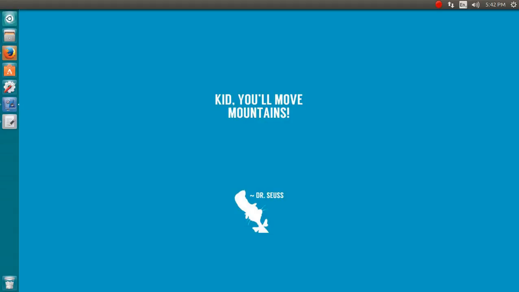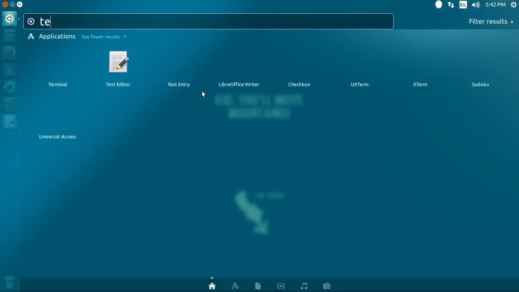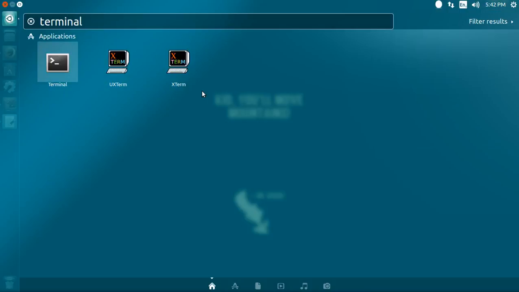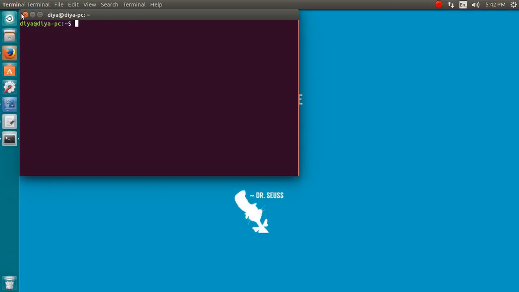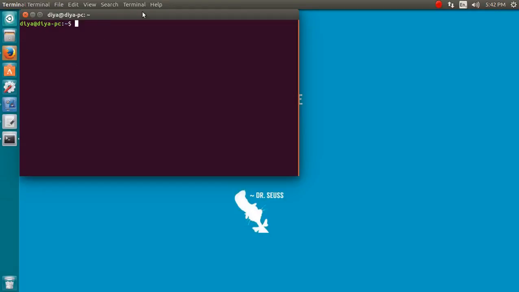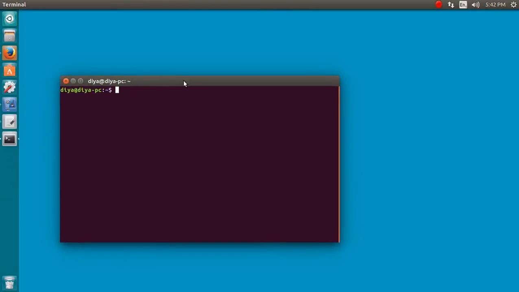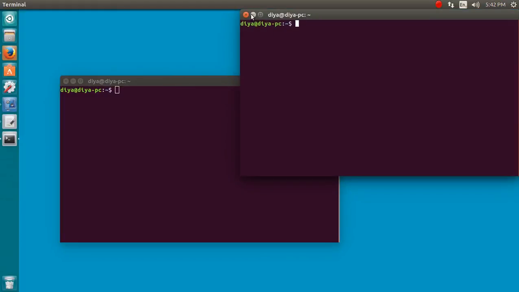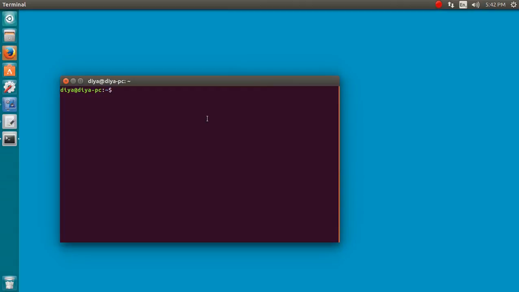For that I will need to have a terminal. Let's start with the terminal, going to the dash and typing terminal. You can also click over here, type terminal and then click on terminal, or you can press Ctrl Alt T to get the terminal. Like this one. And after that you need to type this command: sudo add-apt-repository